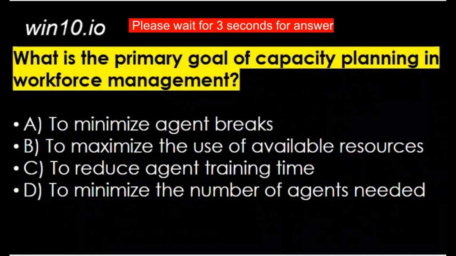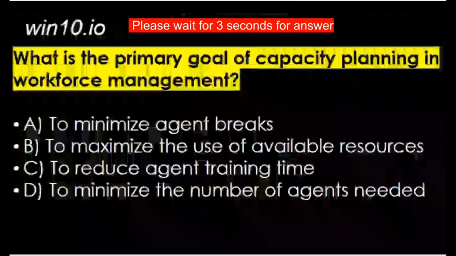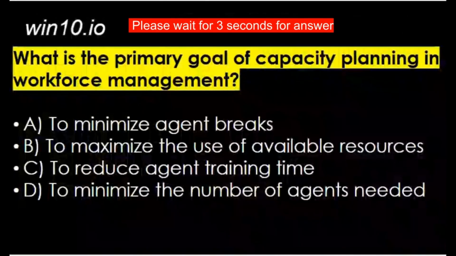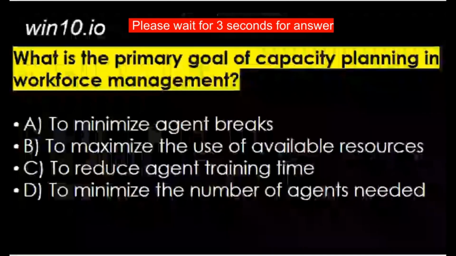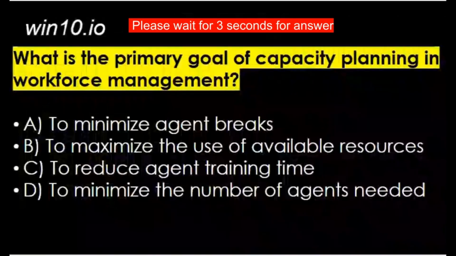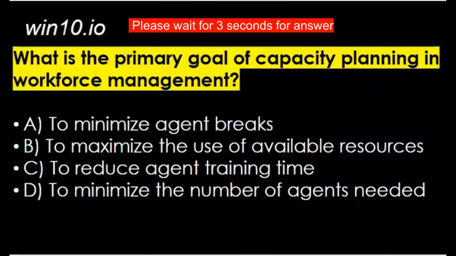Correct answer for this question is option number B, to maximize the use of available resources. It means that whatever resources we have, we need to maximize the productivity by utilizing the available resources to the fullest. Next question we have,